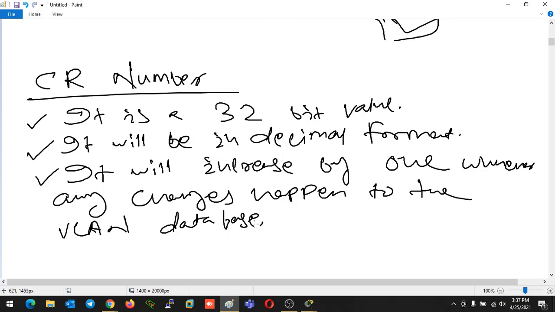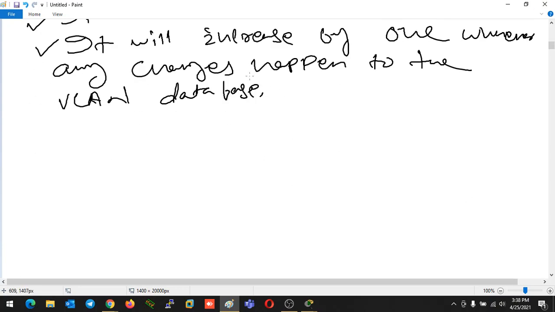If you have an old vlan.dat file with some VLANs and you add one more VLAN, like VLAN number 10, your switch will rewrite the VLAN database file. That means some changes happened to your vlan.dat file. After that, the CR number will be increased by 1. If you do any changes to the VLAN database, the CR number will be increased by 1.